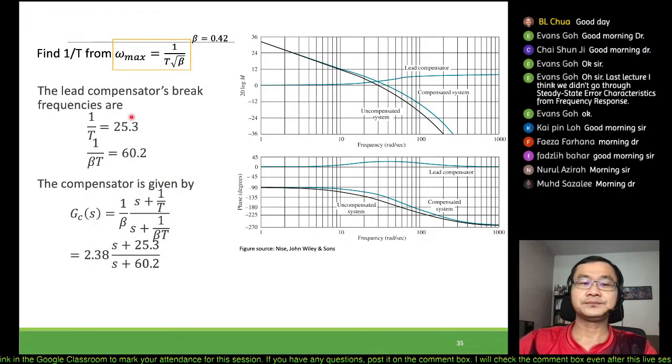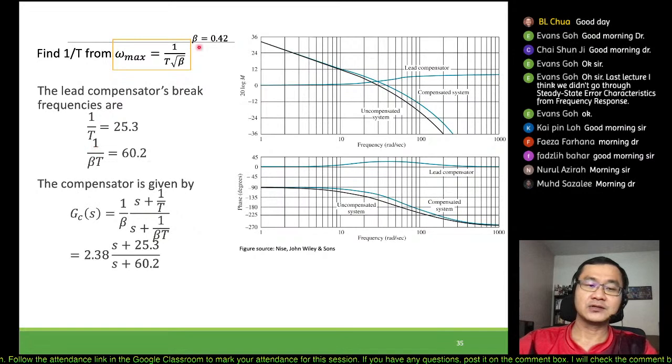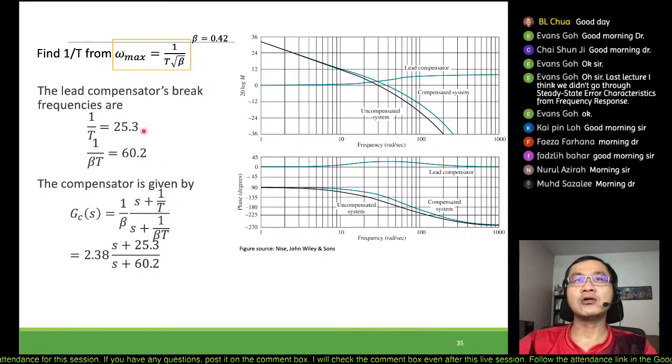So put it in, you should get the 1 over t, and that 1 over t now you would get as 25.3, and because this is 125.3, then our 1 over beta t would be 60.2 based on the equations, right? This one, okay, when you multiply it, you get 60.2, right? So eventually you have obtained all the parameters that you need to describe the transfer functions for your lead compensator,